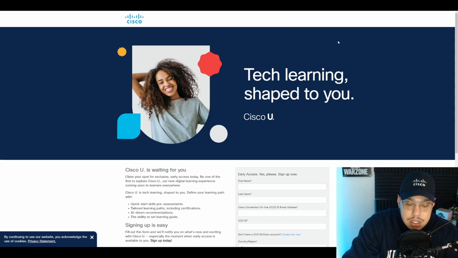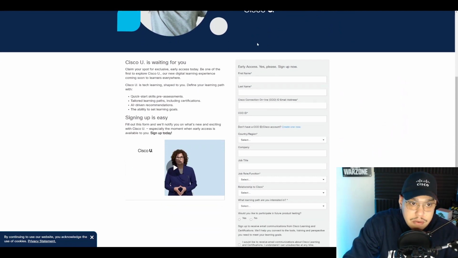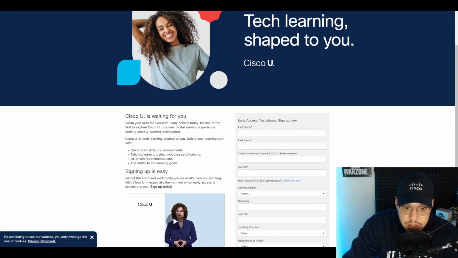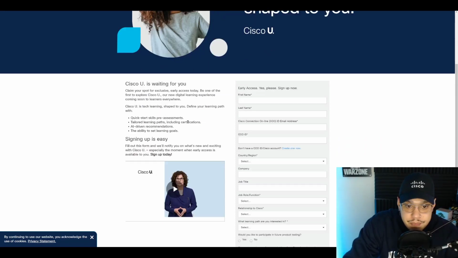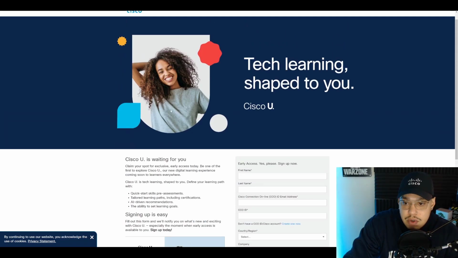So just to start off here, if you want to be a part of the early access, which is essentially what I've got now, you can fill out a form which will hopefully get you access to Cisco U, and it allows you to take a look at Cisco U before general availability. And I believe everything on there is free of charge to use until general availability, where things will likely change. So this is a form here. I will put this in the video description as well for you to fill out